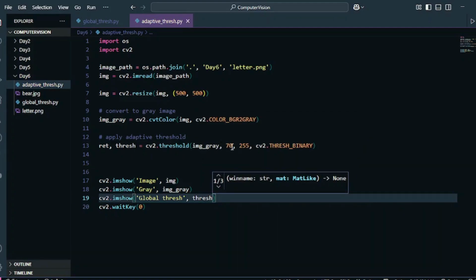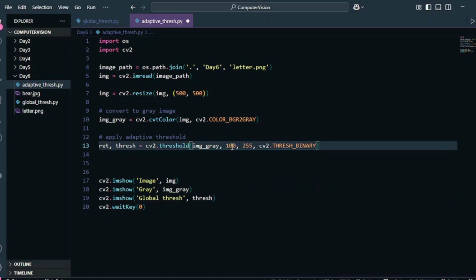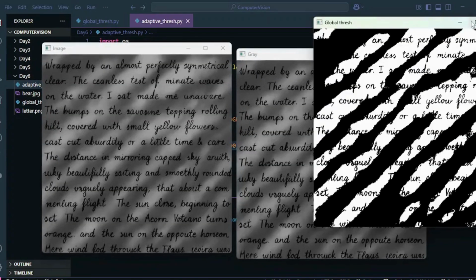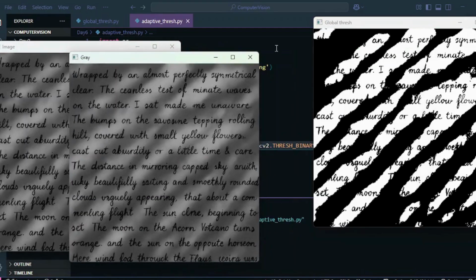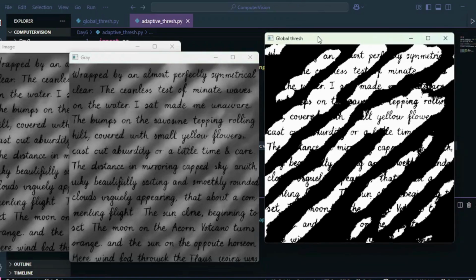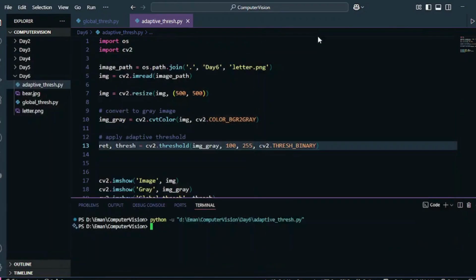Okay, and for now, let's just keep its value as 100 and see what happens. Okay. So this was the image, this was the gray image, and we applied a global thresh of 100. And since we had the gray area as well, a lot of the information that was inside the image is lost. Okay, let's try some different values for it.